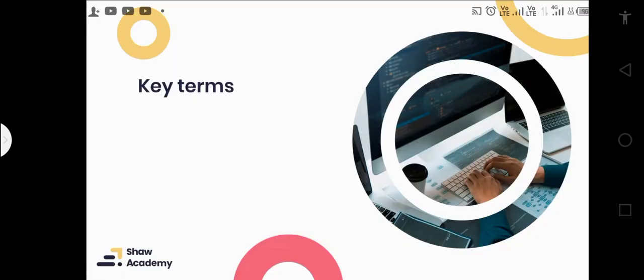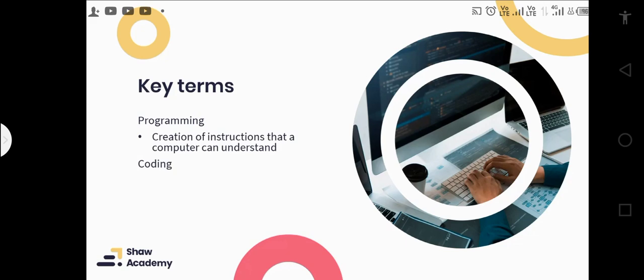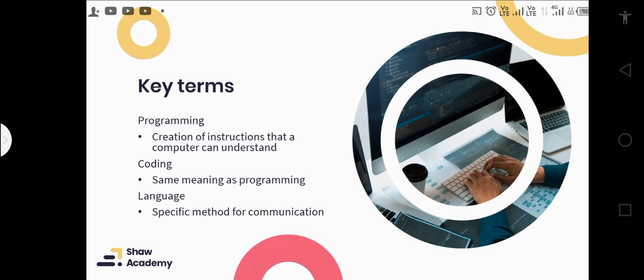We will pick up a number of new words along the way. These are probably the most important of the lot. Programming refers to the creation of instructions that a computer can understand. Coding is pretty much the same as programming, just a more fun, geeky way of saying it. Language would be the specific method for communication that one employs when coding. And execution is the actual processing of the instructions presented to the computer. You are going to see these words a lot during this journey and probably for the rest of your life